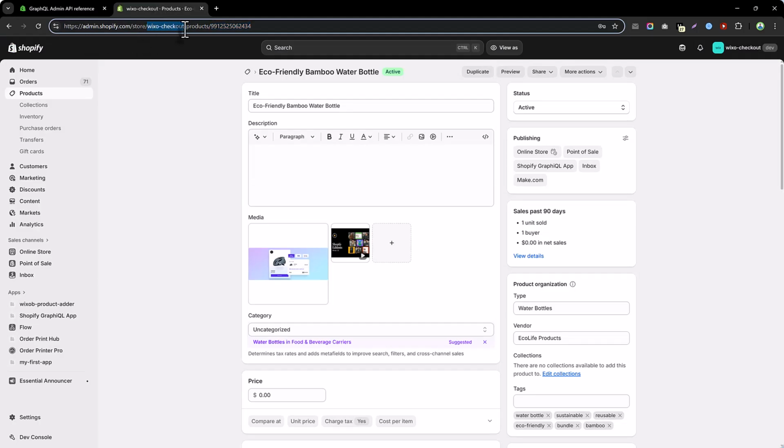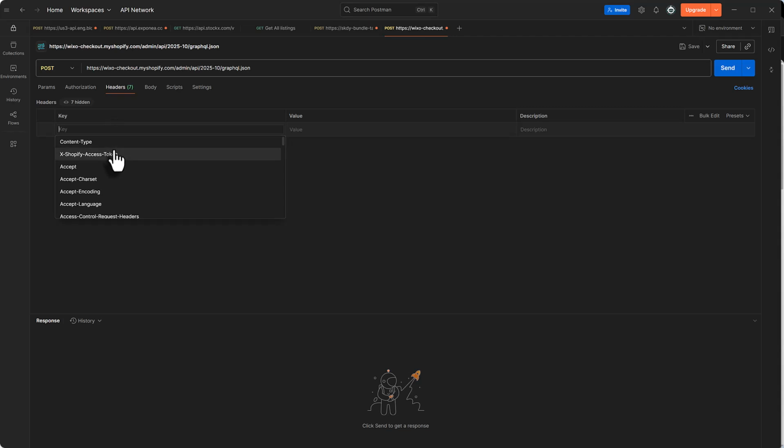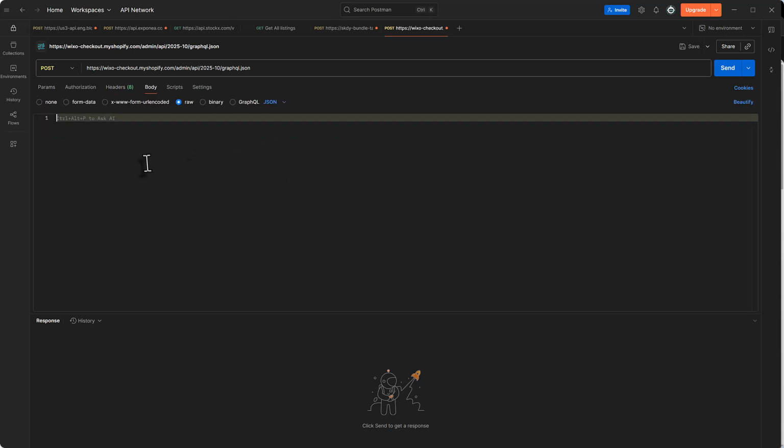So I'll copy this and replace the shop with this one. So we will make the post request, and now we need to add the Shopify access token, which we have copied, and paste that over here. And in the body, we will add the GraphQL